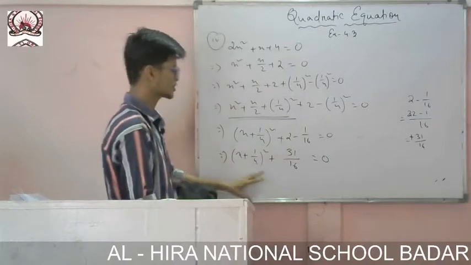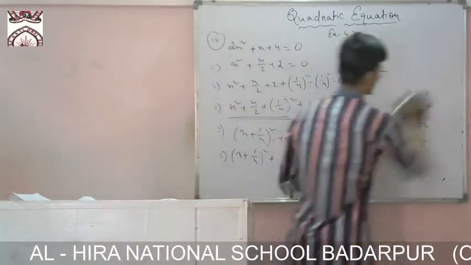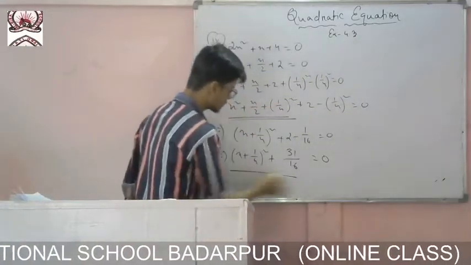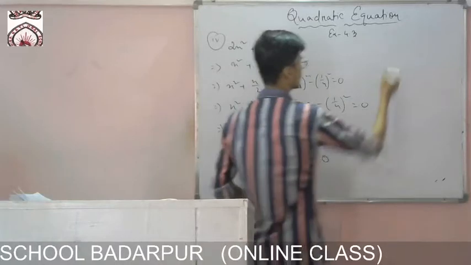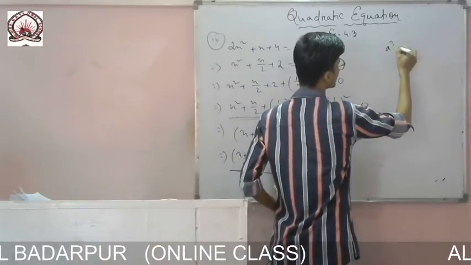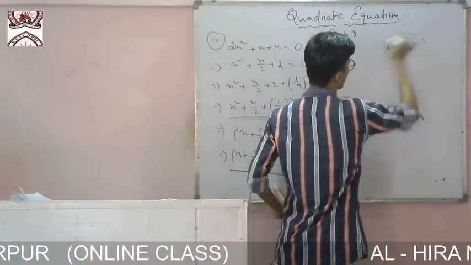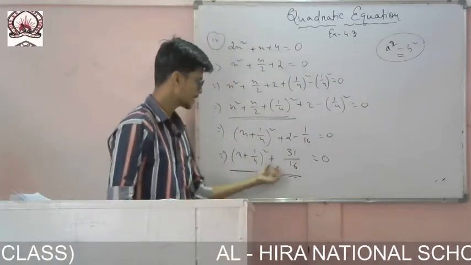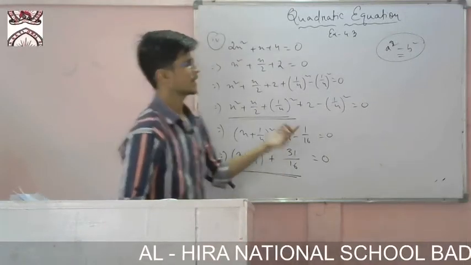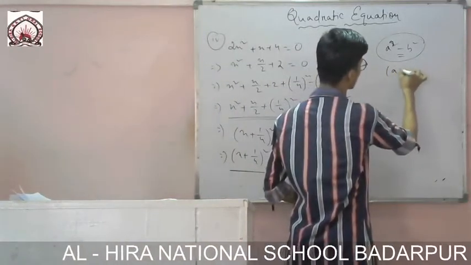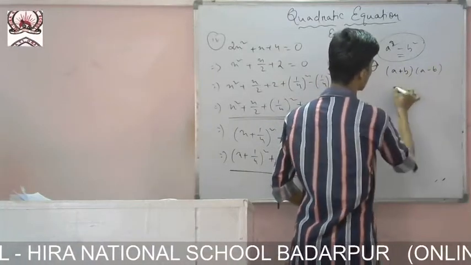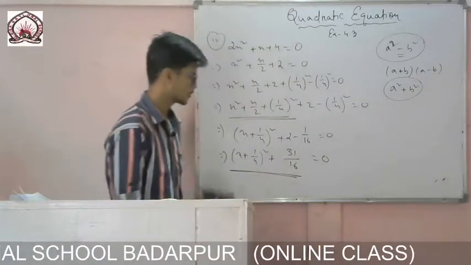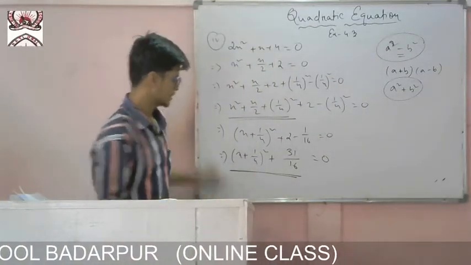Now the most interesting thing comes here. Earlier, in each and every sum, the last line that came was in the formula a square minus b square, where the sign was minus. If there is minus, then I can factorize it and write it as a plus b, a minus b. But here you see a square plus b square is given. I cannot factorize it furthermore. I cannot solve it, so this will be the end.